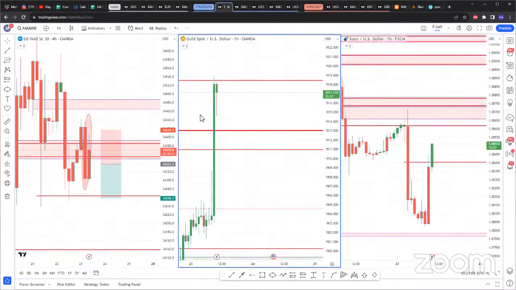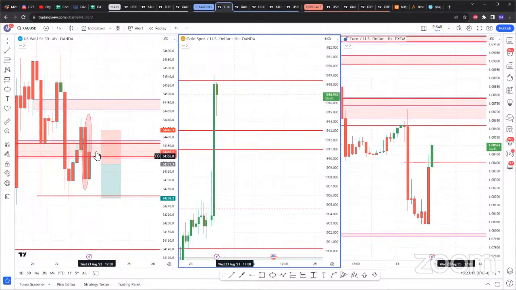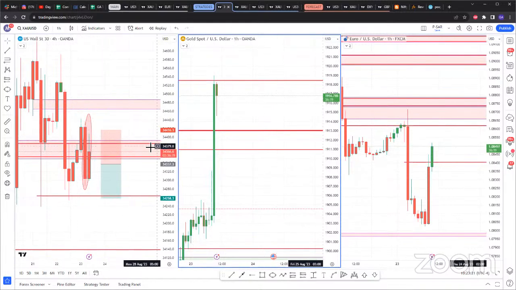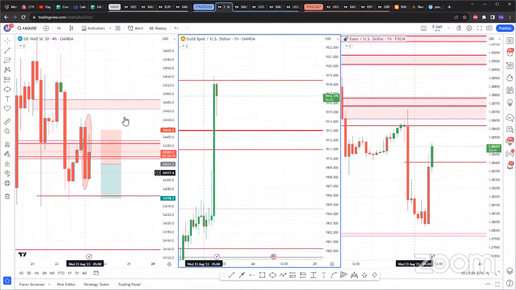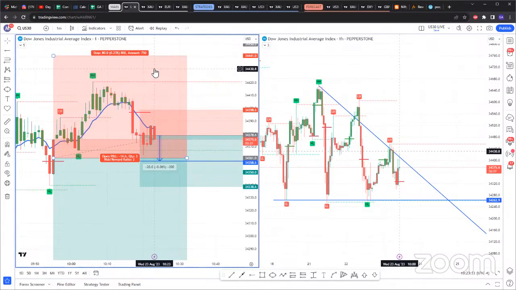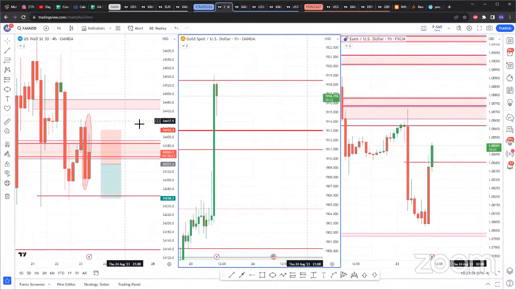This is the reason why I mark these things up for you guys on the 1 hour, because on the 1 hour and 4 hour, look at this, you wouldn't be stressed entering this because you can see these long wicks and you know it took like 3 hours to form this. But let's say I didn't have a bearish bias on the hourly or 4 hour, I would honestly be with you guys. If I was just buying and selling randomly, I would be so stressed in this trade if I didn't have this hourly outlook or this 4 hour outlook.